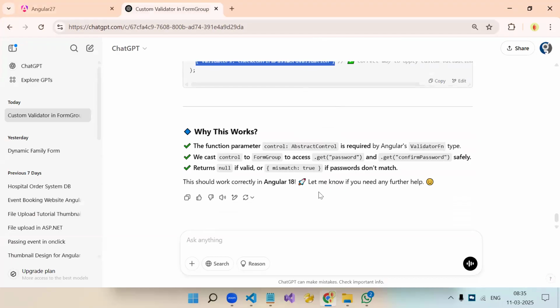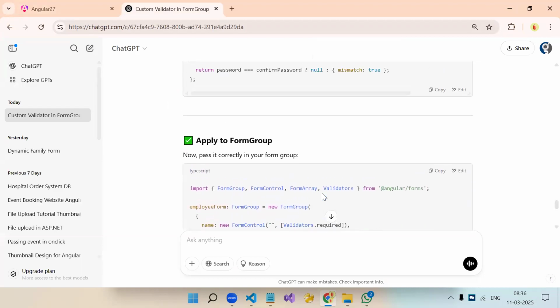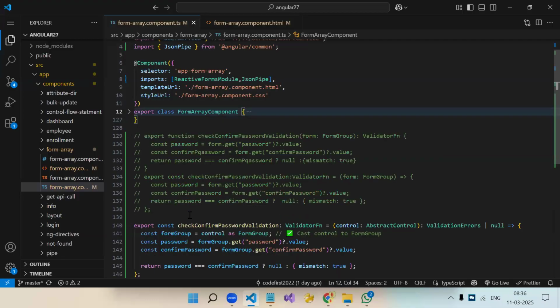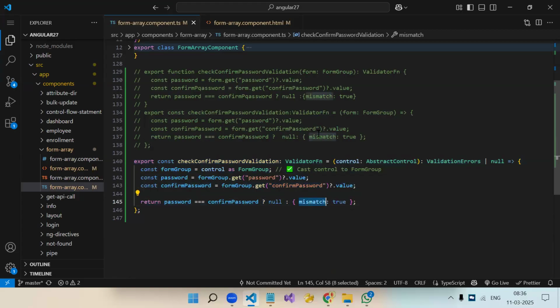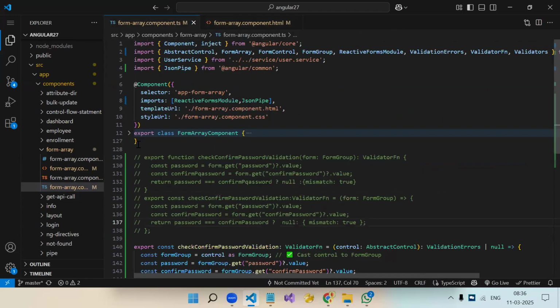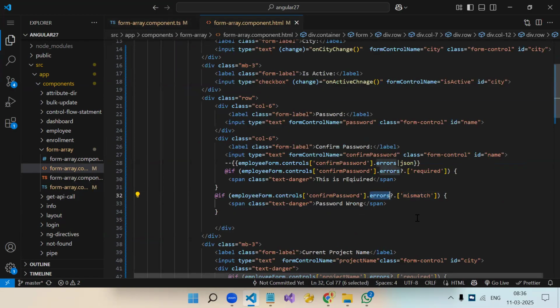जाने दो, मेरे को करके देखने दो पहले। ठीक है, बता रहा है ये तो भी नहीं हो रहा है। एंगुलर की साइट पे जाके देखना पड़ेगा, नया कुछ चेंज हुआ होगा। बट तरीका यही है। ओके, हम यूटिलिटी फाइल में एक फंक्शन बनाते हैं, और जितने भी अलग अलग लॉजिक्स हैं वो ऐसे रखते हैं, और किसी फील्ड के साथ क्या करना है, वो मिसमैच करके अपन ऑब्जेक्ट बनाते हैं, और जो प्रॉपर्टी देते हैं वही अपन एरर में यूज करते हैं। मतलब यहाँ से जो मैं ऑब्जेक्ट भेज रहा हूँ, ये मेरे एरर में आना चाहिए, बट अभी वो नहीं आ रहा है, उसके वजह से गड़बड़ है।